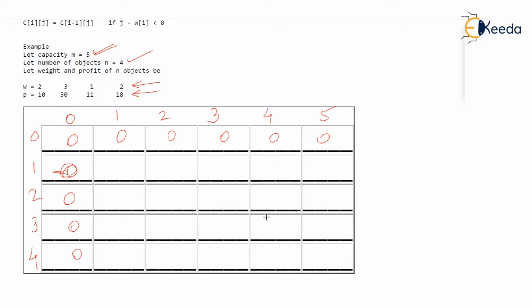And you know that a particular entry, for example this entry, which is nothing but C23, second row, third column, will store the maximum profit that we will earn if we fill only the first two objects, because we are talking about the second row. So we are interested only in the first two objects and we will ignore the third and fourth object. Actually, the knapsack given has capacity 5, but we are now talking about a knapsack having capacity 3.